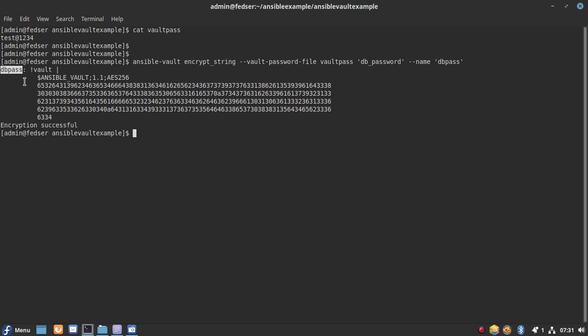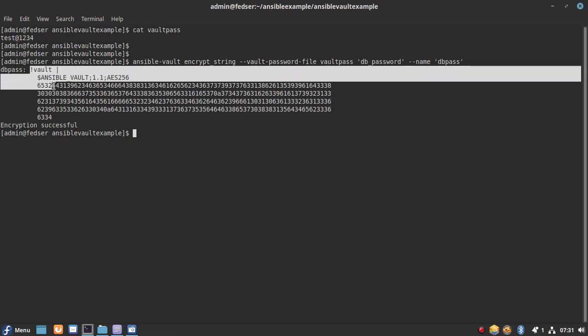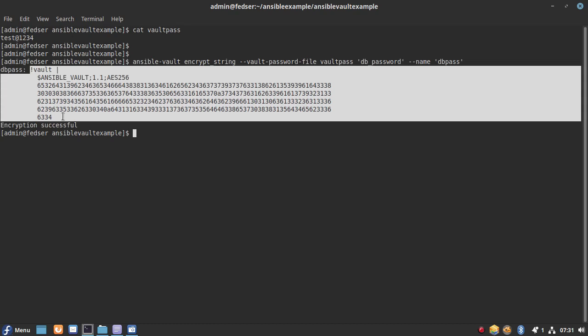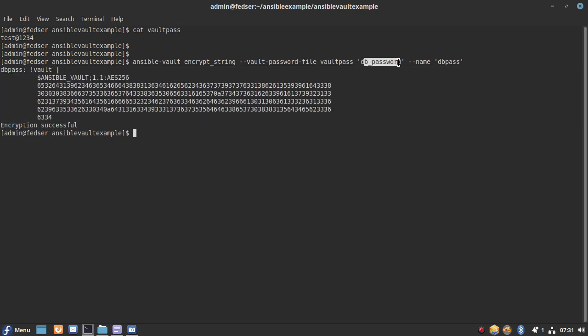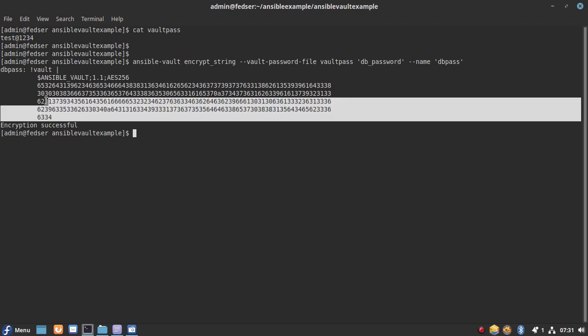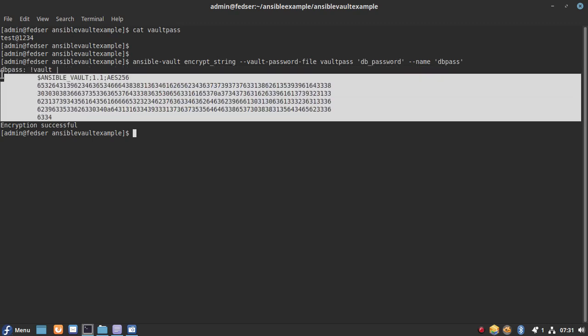And the content after the colon is the encrypted content, which is equivalent to the string db_password.